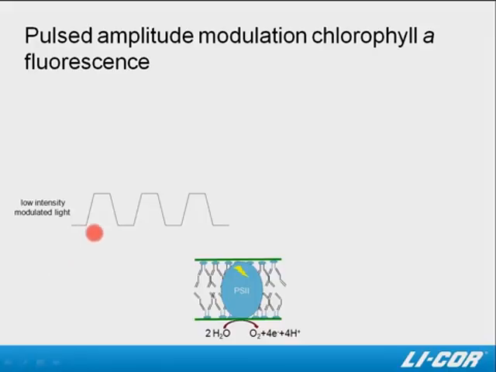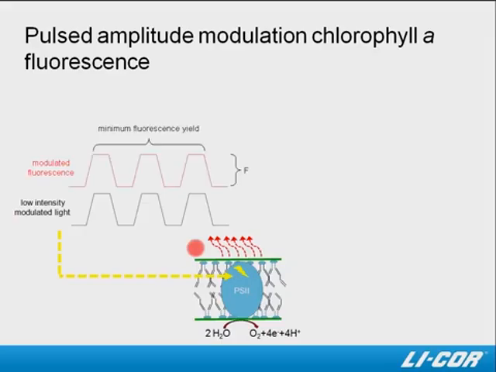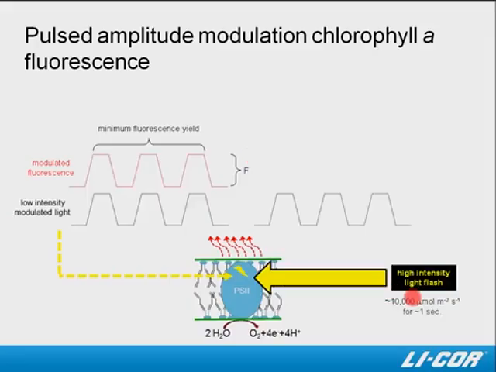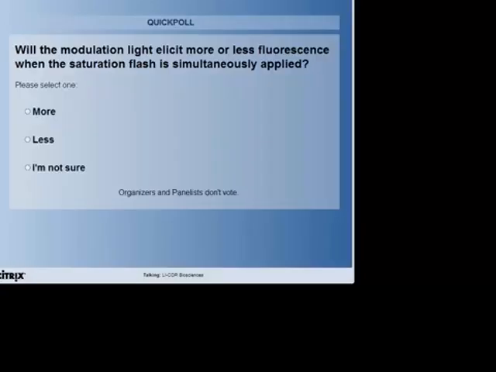For several decades, pulsed amplitude modulation chlorophyll a fluorescence has been used to study many different aspects of light energy conversion. And so I want to briefly review that technique here. So depicted is a low-intensity modulated or pulsed light source. Illumination of the thylakoid membrane with that pulsed light source results in fluorescence being elicited predominantly from photosystem 2. The resultant amplitude of the modulated fluorescence is referred to as the minimum fluorescence yield, and I'm going to denote that as F here. Now, simultaneous application of an intense light flash results in some unique things within photosystem 2,